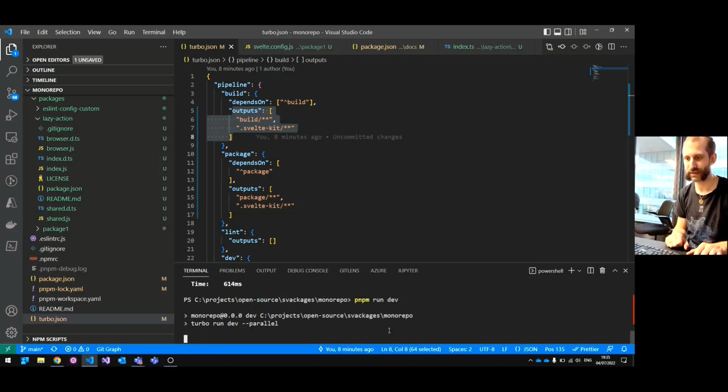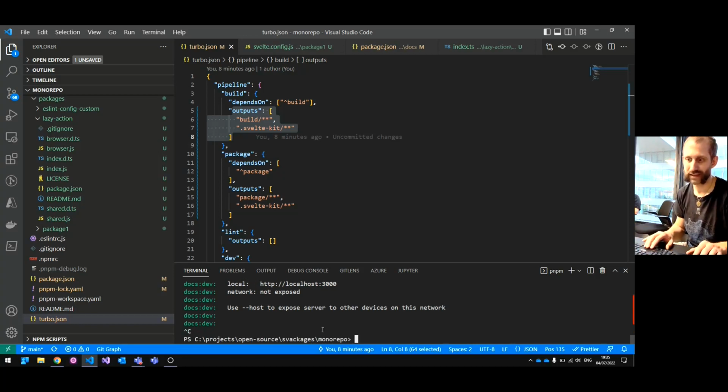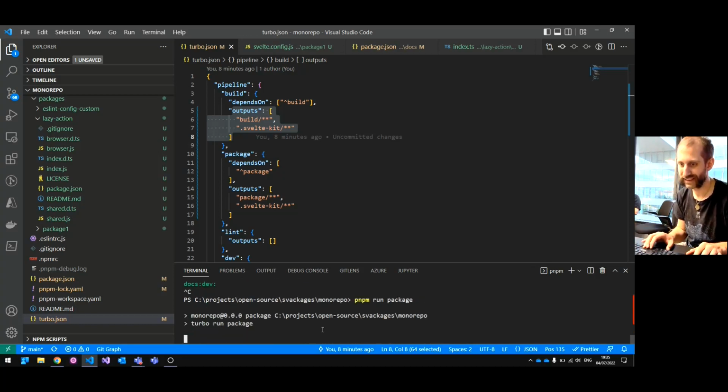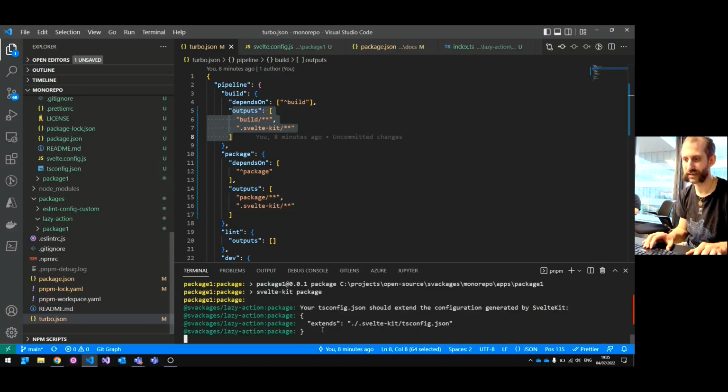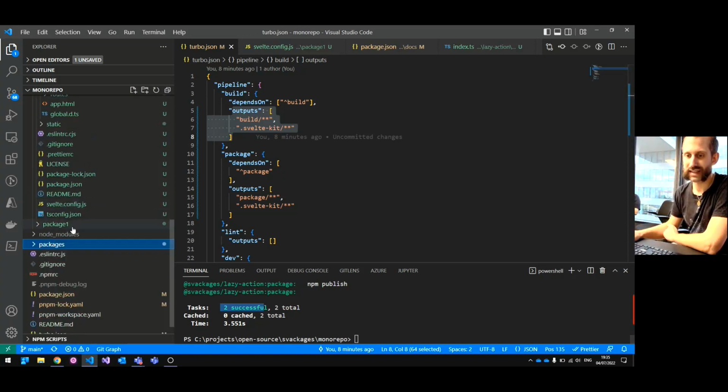Run dev. Let's run all of the dev servers in parallel. From here, again. Yeah, there we go. Okay. So now we successfully republished, internally in our monorepo, this little update inside of